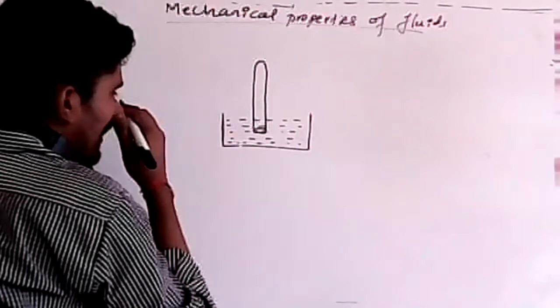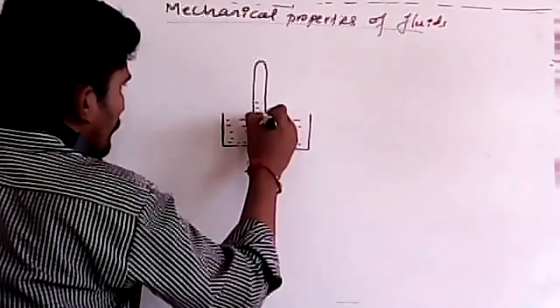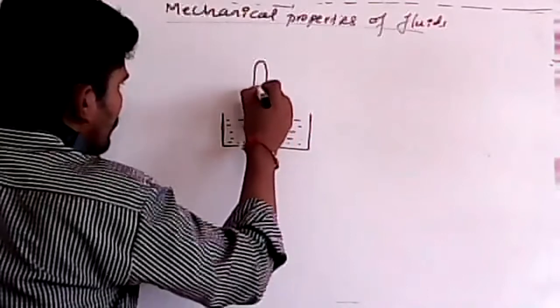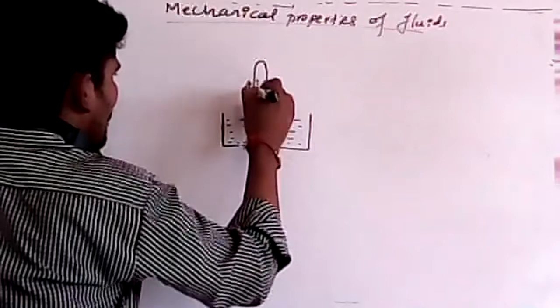Due to surface tension, water will rise up to a certain height in the tube. This height itself is called